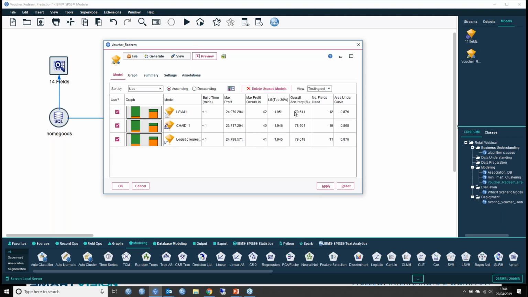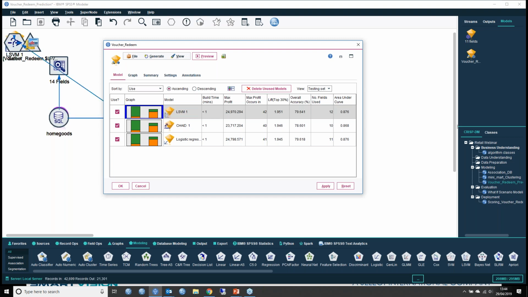And you can see why the overall accuracy is 79.6. This is 78.6, and this is 79.6 again. But it's actually choosing them based upon something called the lift value here. In other words, there isn't a lot of difference between them. They're all pretty accurate, and we can actually see how accurate they are, because when I double click on this